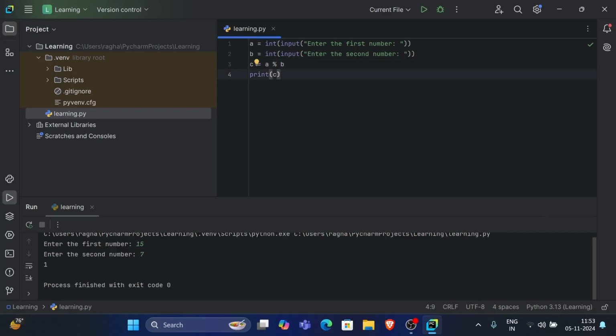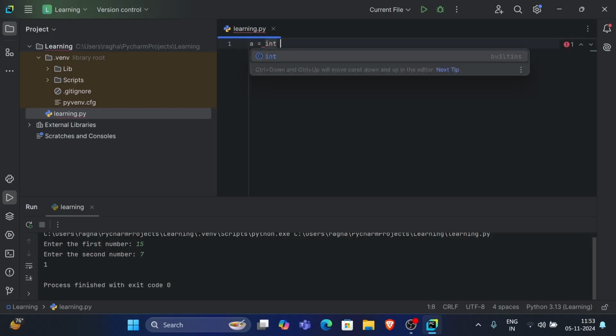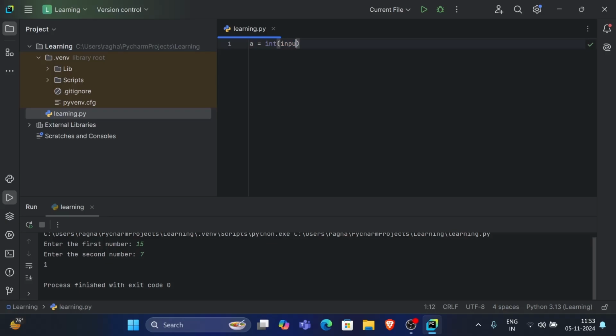Great. Now that we know how arithmetic operators work, let us move forward with assignment operators. These are used to assign values to the variables, which can either add or remove certain amounts of value. Let me show you how it is. Let me declare a variable a which takes in an integer input. Enter the value of a here,